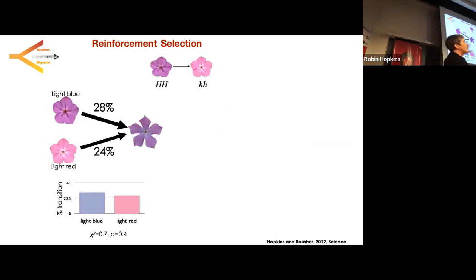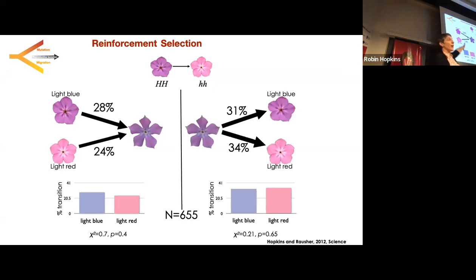All right, so I'm going to show you the data like this. Basically, if a butterfly is on a light blue Drummondii, 28% of the time, the next plant it went to was a cuspidata. And if we observed a pollinator on the light red plant, 24% of the time, the next plant it went to was a cuspidata, right? So this is the proportion of transitions between species depending on the color. And they're the same, whether they're light red or light blue. And if the butterfly is on a cuspidata, again, it's the same percent of transitions over to Drummondii regardless of that color change.